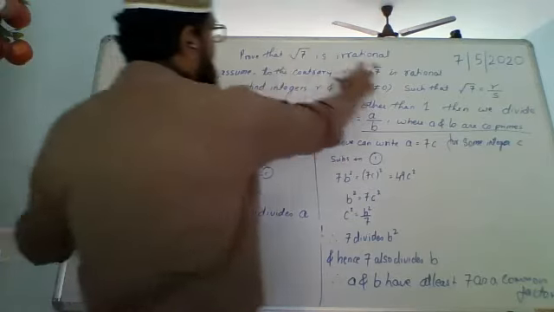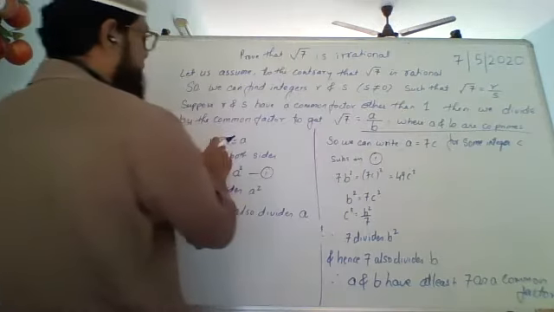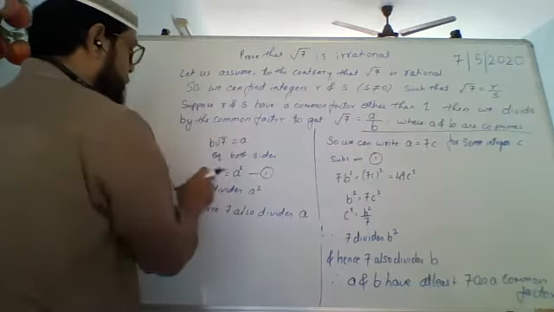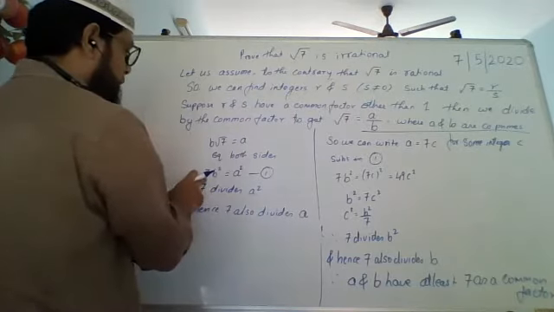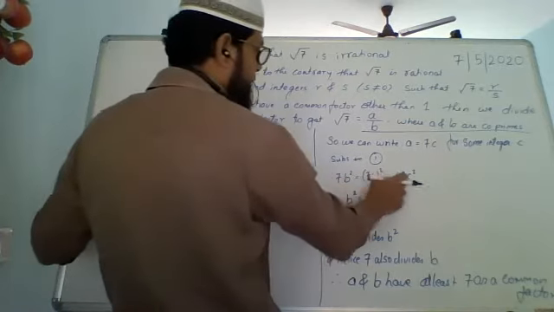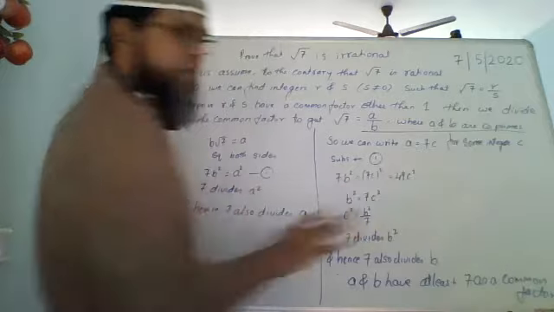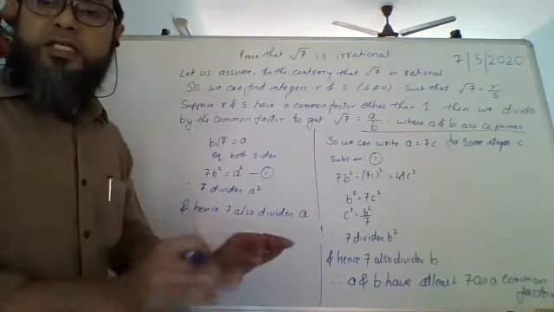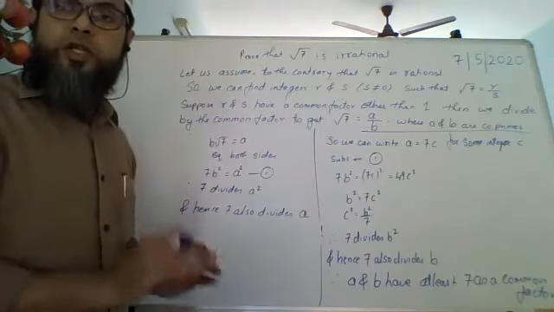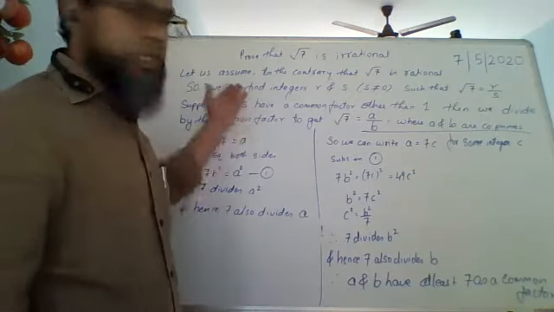Now for 3, the same thing is going to happen. Here you will have 3, here you will have 3, here you will have 3. Here you will say 3b root 8. When you square, this 9 becomes 3, this stays 3, here 3 will come, here 9 will come, then 3, then 3. That's it. Rest everything, all the steps remain the same, absolutely the same. For 3 or 5, just like we did for 7.